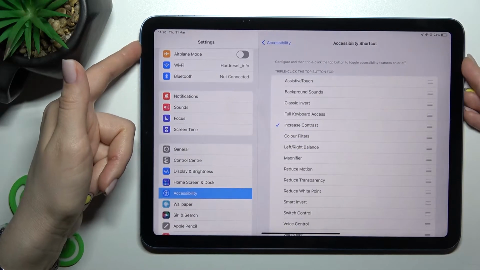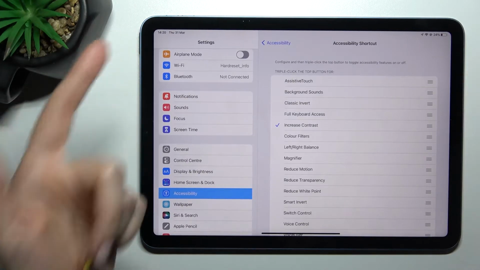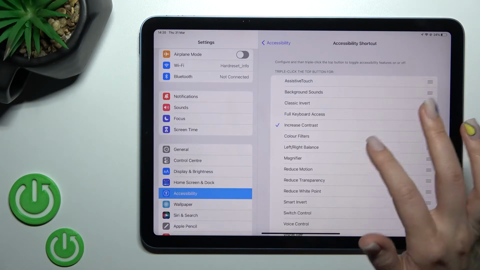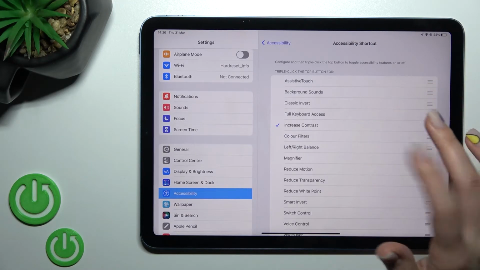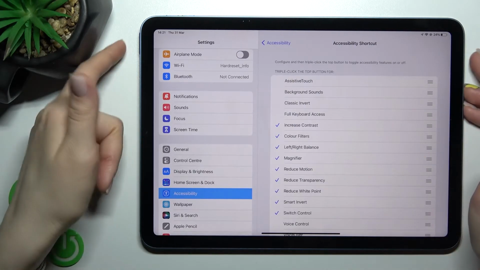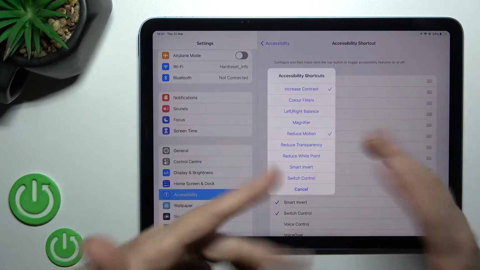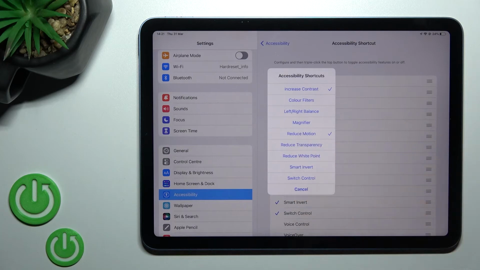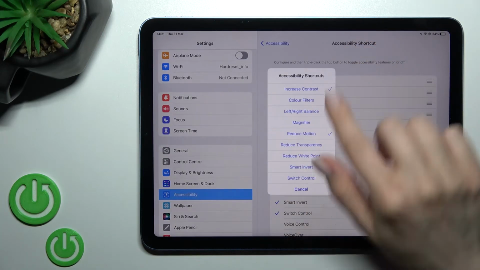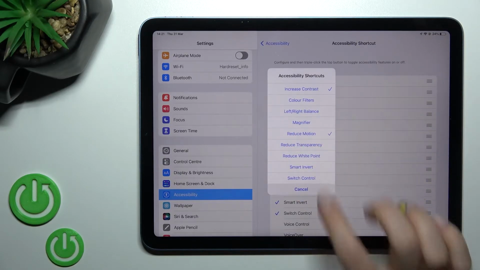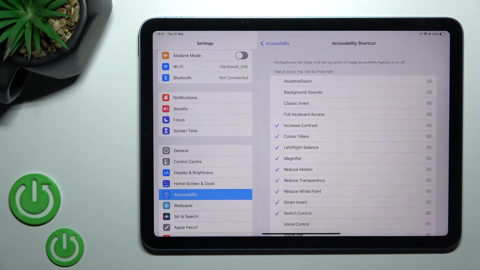And now just by triple clicking on the power button, we'll only increase the contrast. So as you can see, we can use only one feature here, or we can also activate all of these features if you want. And by triple clicking the power key button, we'll get a list of accessibility shortcuts, and you can turn them on or off this way. And also we got the